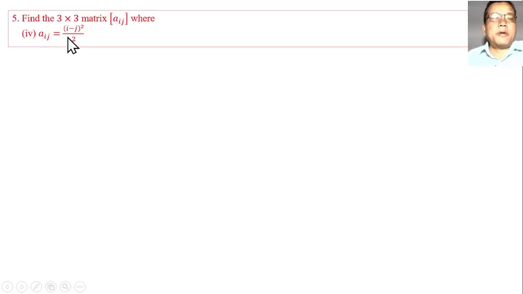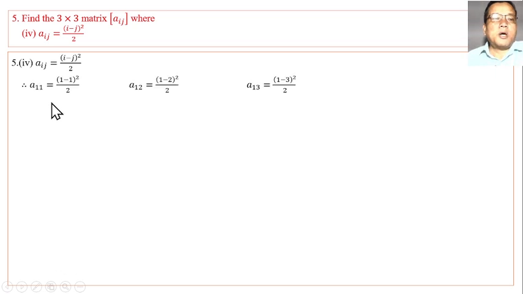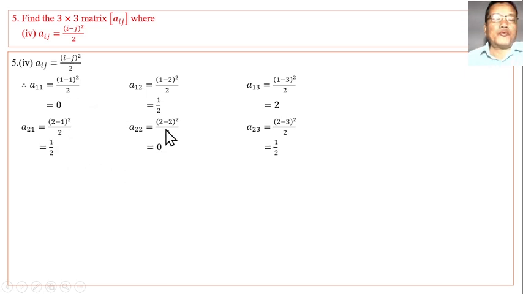Aij is given by (i minus j) whole square by 2. A of 1,1, i equals 1, j equals 1, value 0. A of 1,2, i equals 1, j equals 2, simplify to half. Then A of 1,3, i equals 1, j equals 3, simplify to 2. Now the second row. A of 2,1, i equals 2, j equals 1, half. A of 2,2, i equals 2, j equals 2, simplify to 0. A of 2,3 is half. A of 3,1, 3,2, 3,3, the required matrix will be